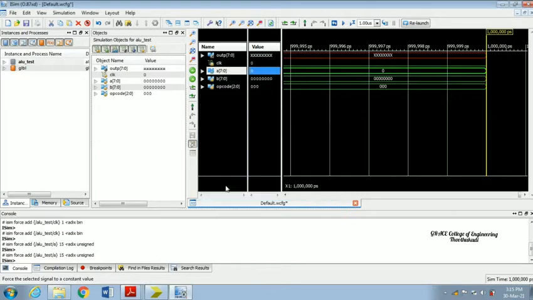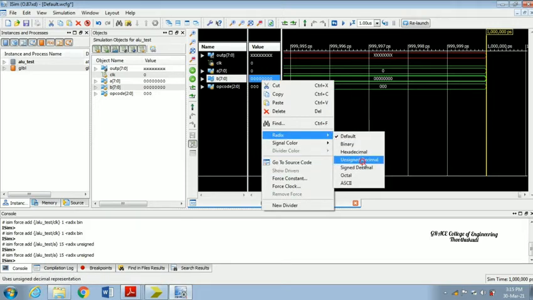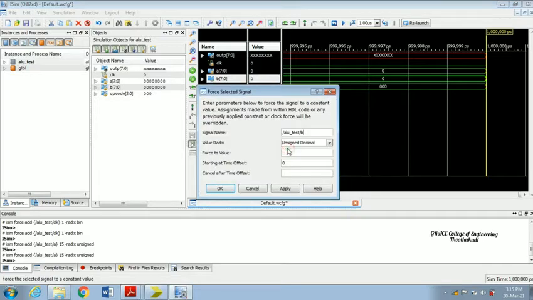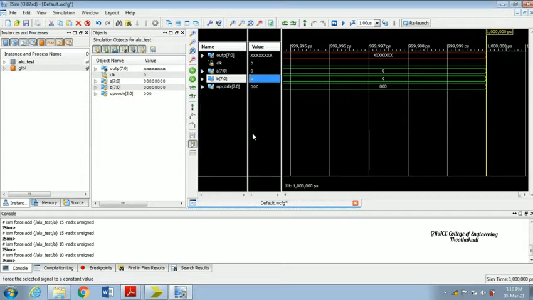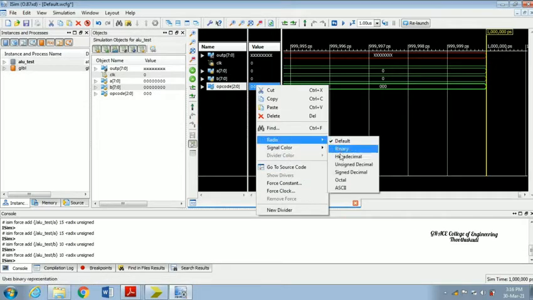Apply. OK. And then here radix unsigned decimal. Force constant 10. Apply. OK. Then opcode, which is nothing but the process to be performed.